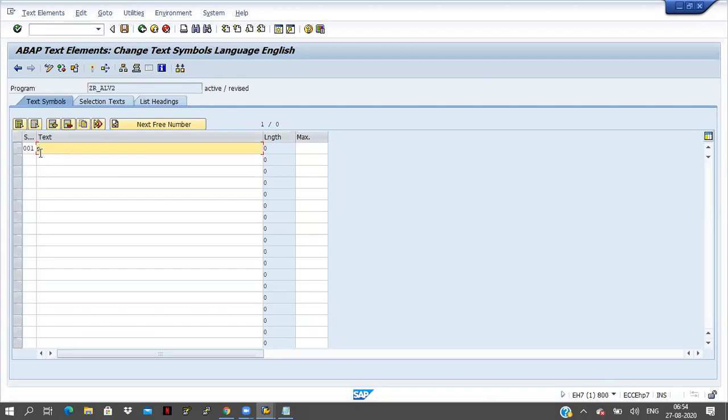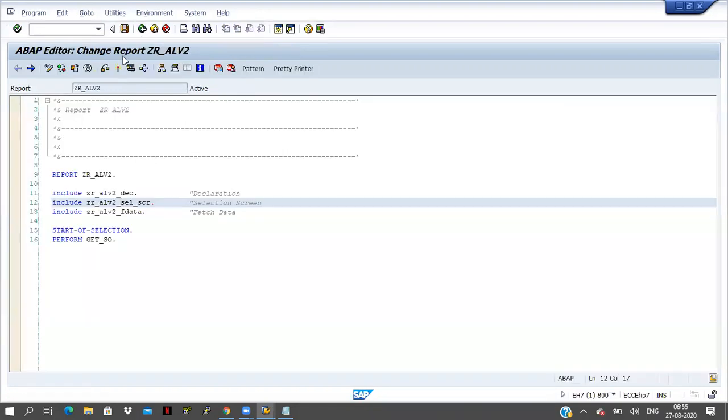This is the sales information. Save it and activate it.